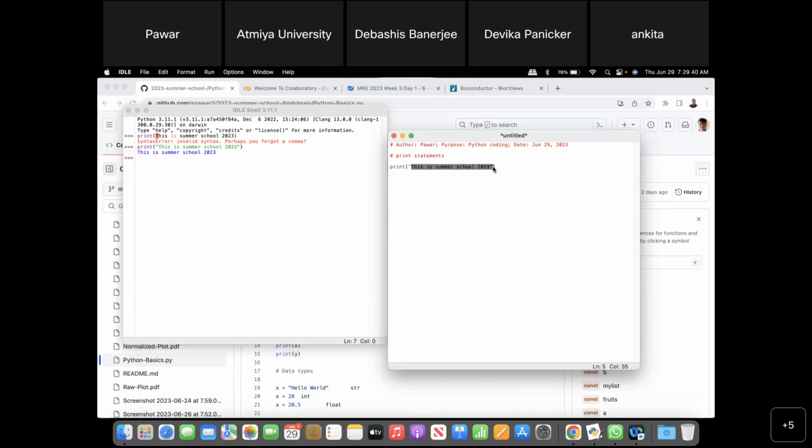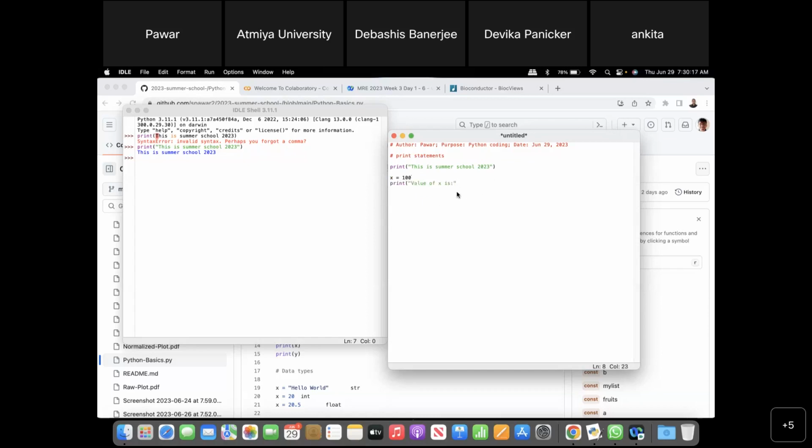But then if you're passing a variable, say for example, there is a variable which holds a value. Let's see, x is a variable which holds a value 100, and I want to print again a string saying that value of x is,